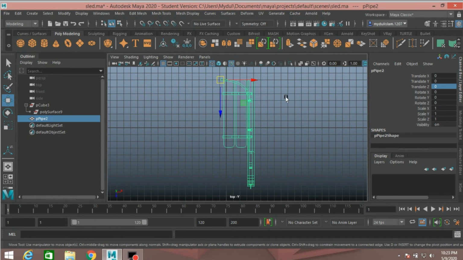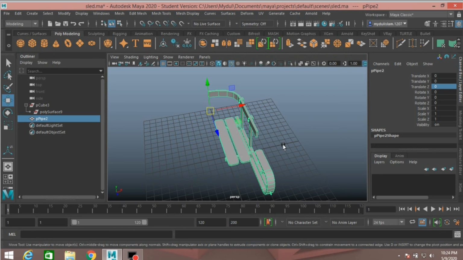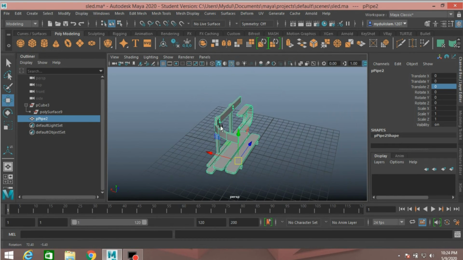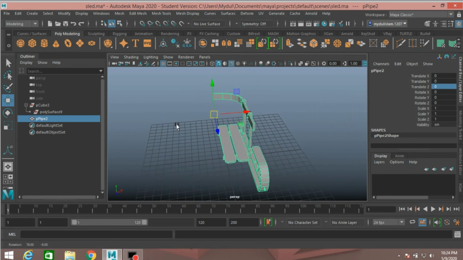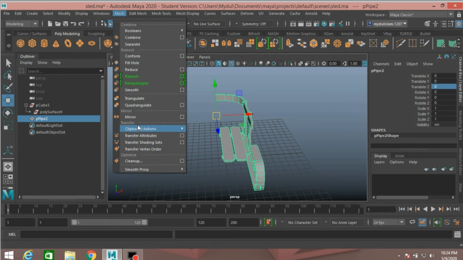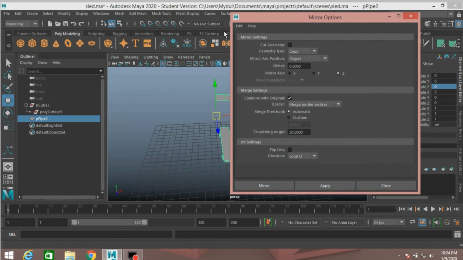Again press D, go to perspective view, see, this is x-axis. Now go to mesh, open mirror option, edit, reset the setting,